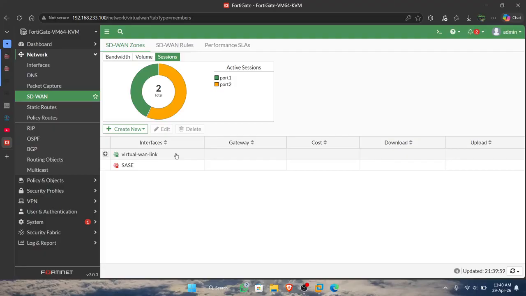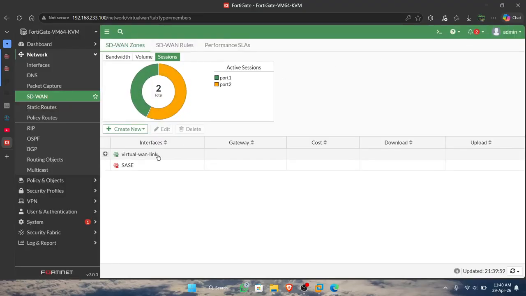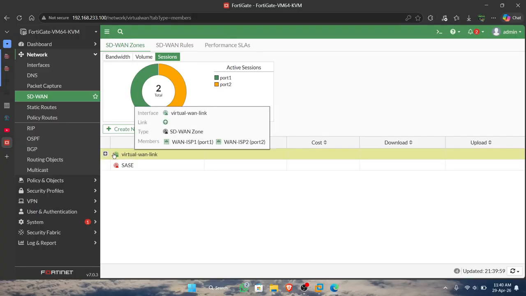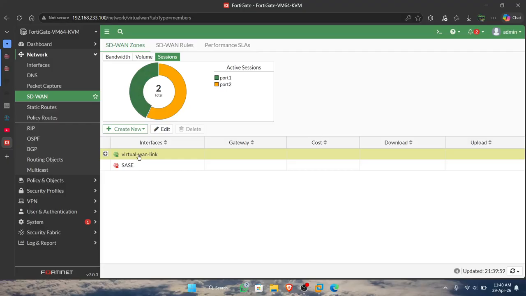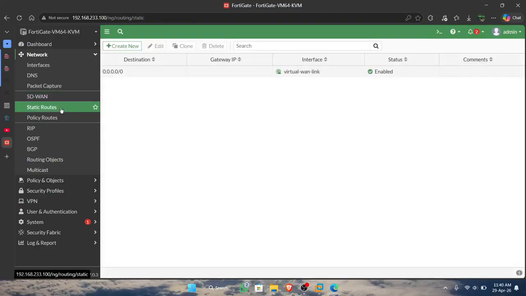If so, we must enter the terminal and config, set status enable for the virtual link. In this interface I have configured it until the color is green.